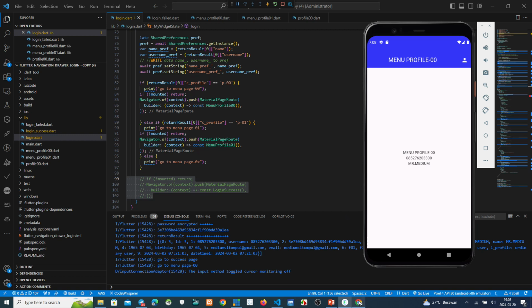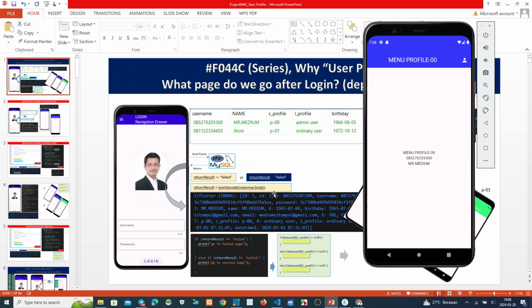Because after we login, the preference works, and tells us who the login name is and also who the username is. I have logged in using this username, but with the cProfile page 00.